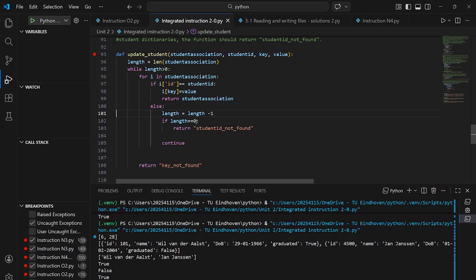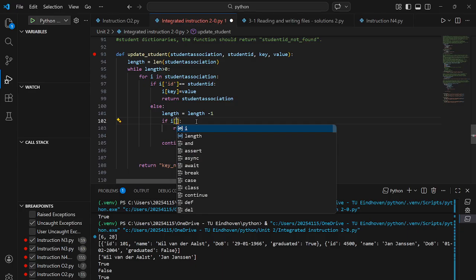But then we're going to deal with the same i. So what if instead of length, if i dot